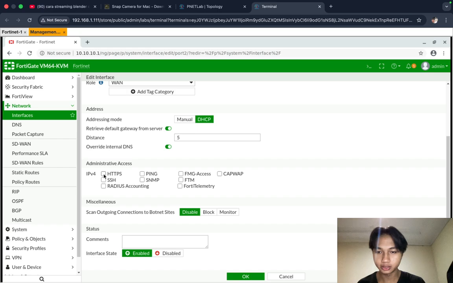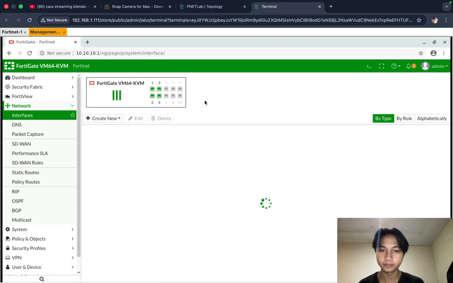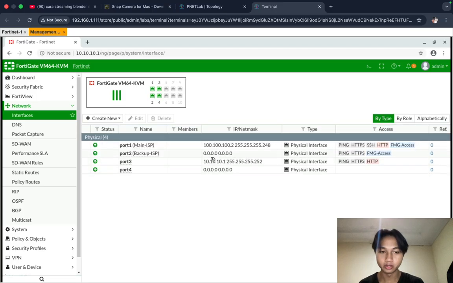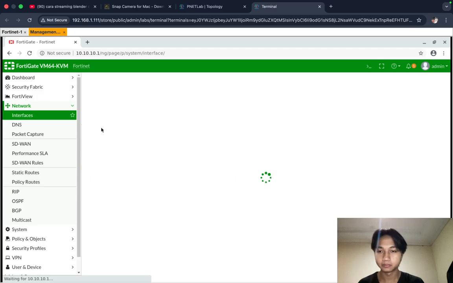Then for the access: HTTPS, I think ping, FMG access, and then yeah, this is clear. Okay, just wait until this port gets an IP address, and then I will configure the VLAN because I use VLAN in this topology.